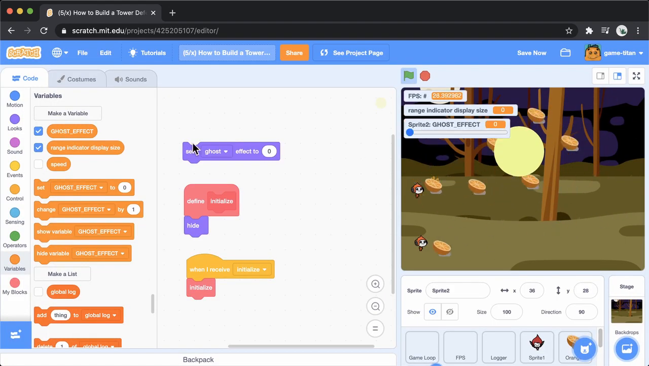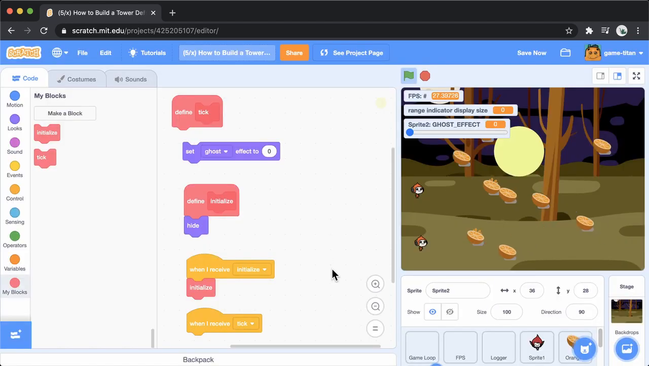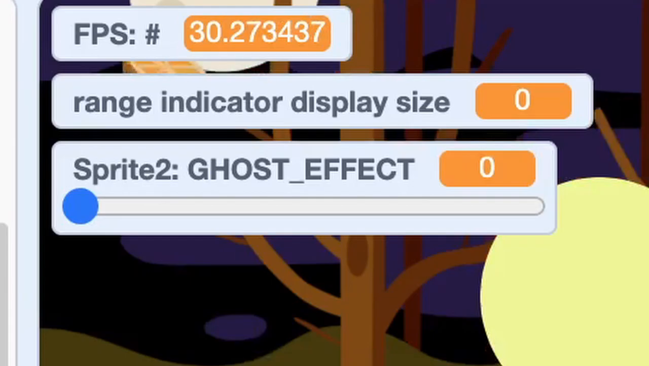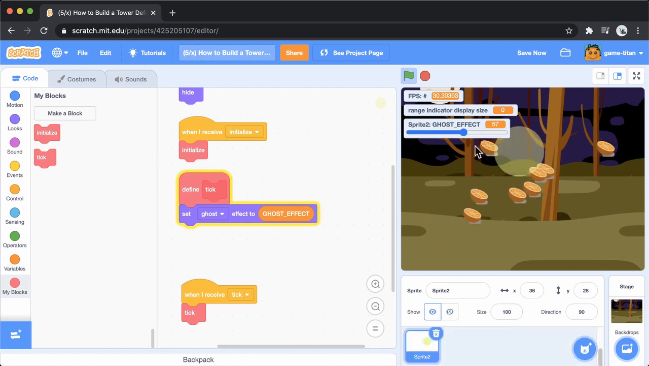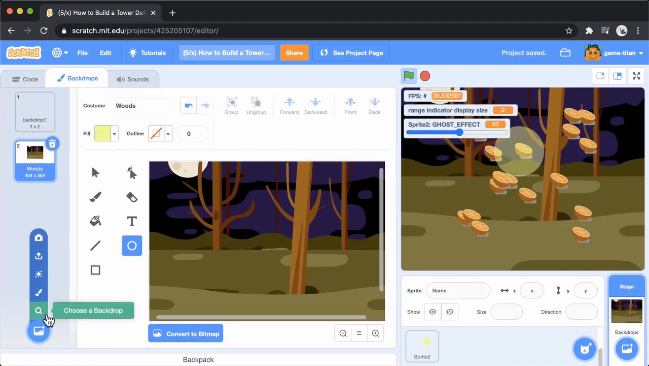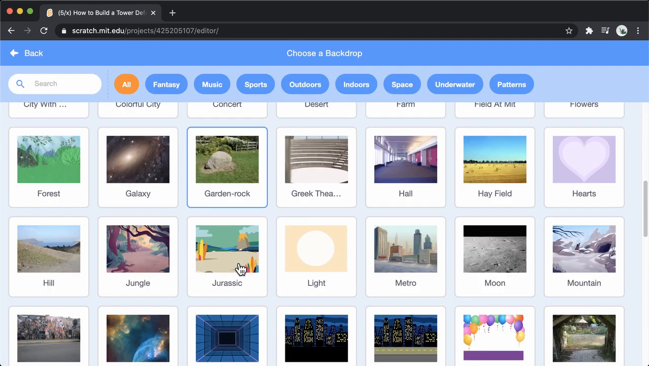One thing that the tick handler makes it easy to do is test out different values of ghost effect quickly. Just put the set ghost effect block inside of tick and adjust the slider. Maybe something like 53 looks good for you, maybe something else will. Here I'm just picking a different, flatter looking background that matches the fact that the range indicator is a perfect